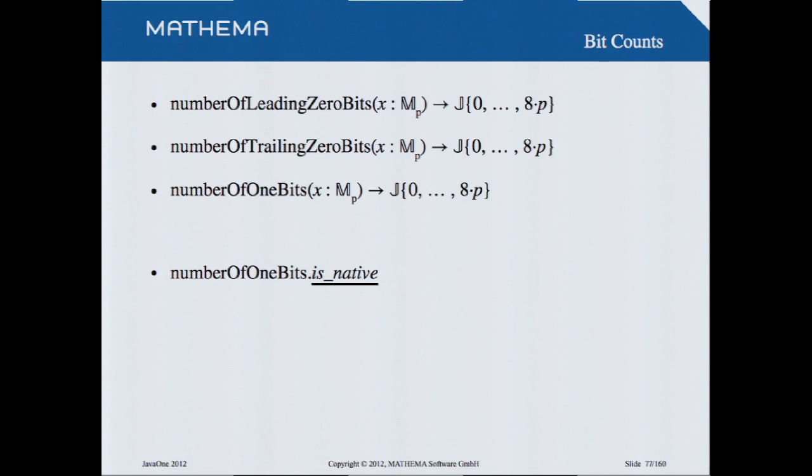The problem is that we don't know how the virtual machine implementers will do those things, because there is no requirement. If you, for example, take a look at Integer bit count, it simply says it counts the number of bits, but it doesn't say if you are building a virtual machine, make sure that this is a machine instruction. And there are, of course, machines where there is no machine instruction for counting bits.